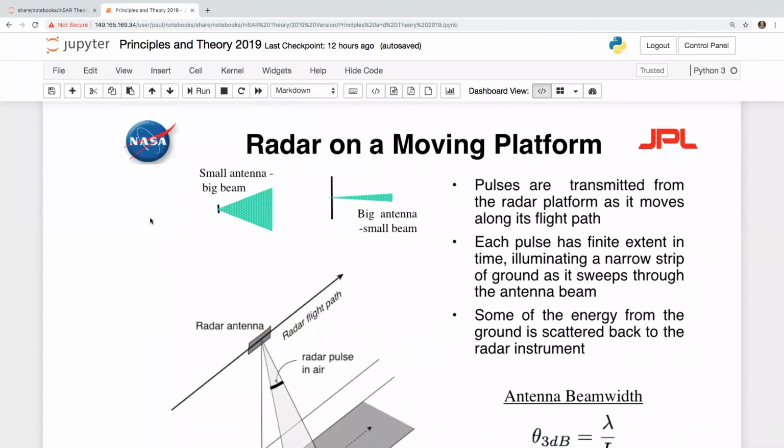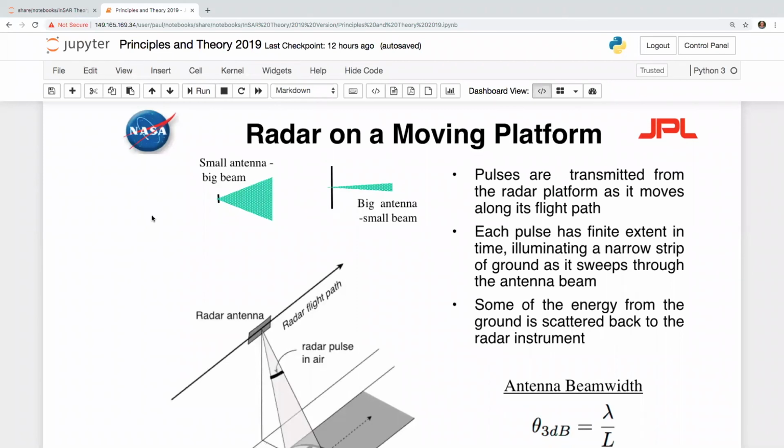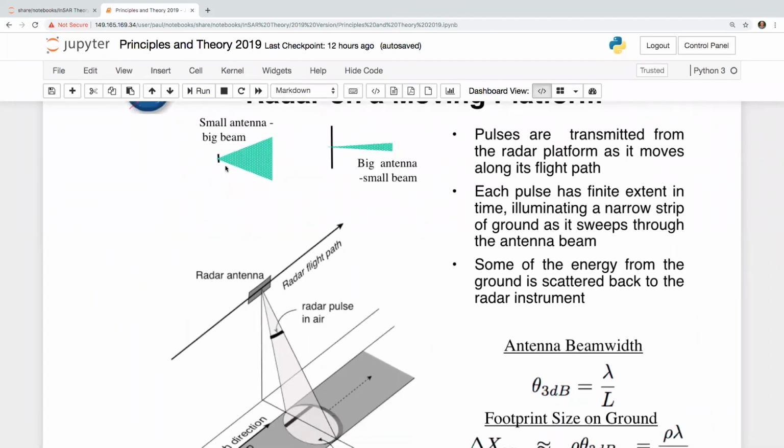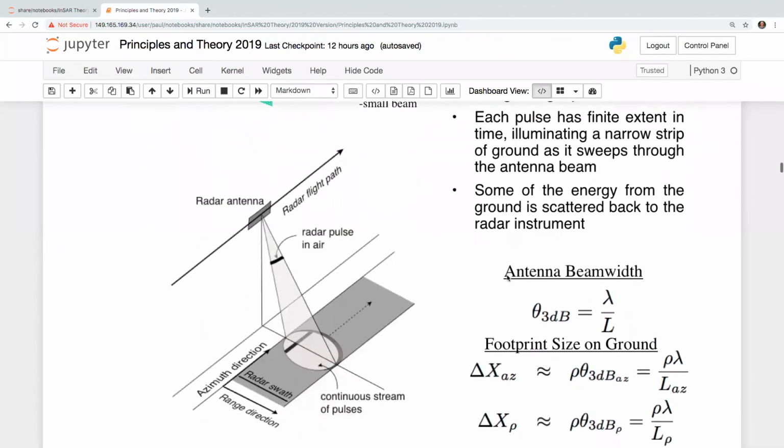Okay, so that's just range and range resolution. That's pretty clear, pretty straightforward. Okay, so now let's talk about radar on a moving platform a little bit. You may know this, you may not know this, but basically if you have a small antenna at a fixed wavelength, it will radiate in a large beam. If you have a very large antenna, it will radiate in a narrow beam. And the rough approximation of that antenna beam width